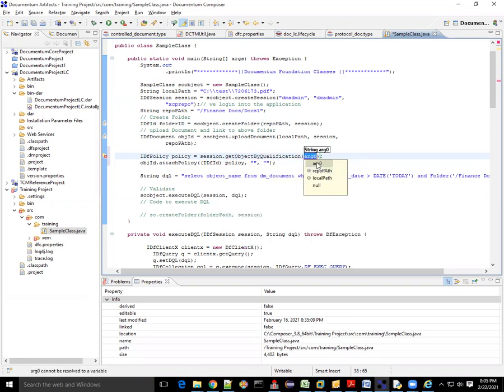Right, session dot get object by qualification, dm_policy